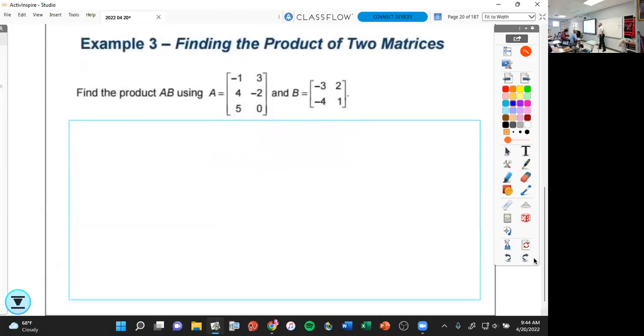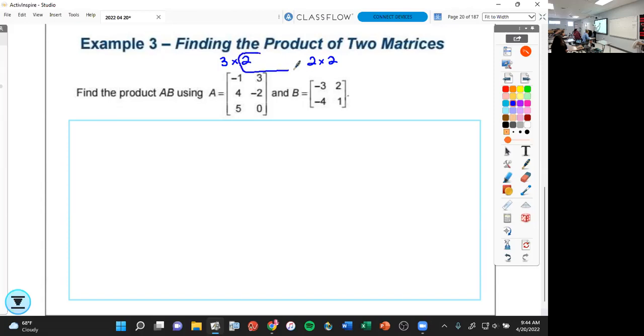I want to find the product of AB. Okay. What is the order of matrix A? 3 by 2. What is the order of matrix B? Can I do this? In this order, I can do this. Okay. So I'll look at it here. Nice. It says yes. And the answer is going to be